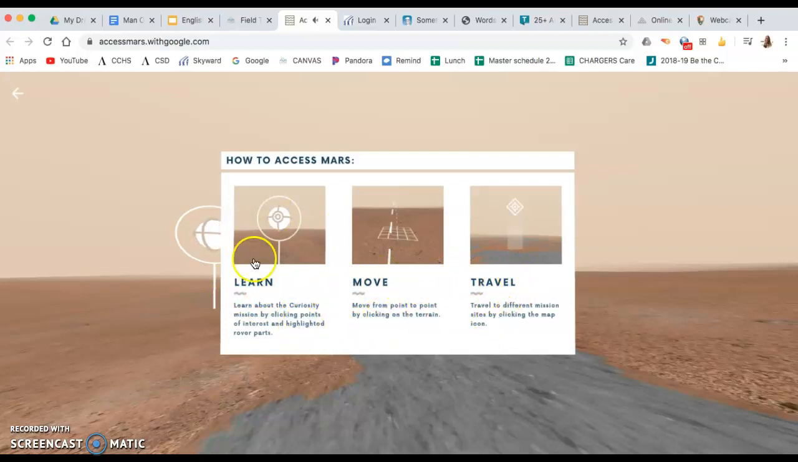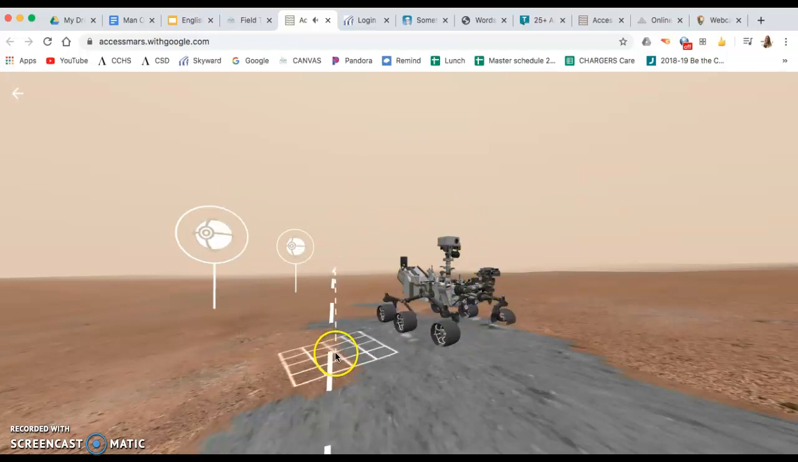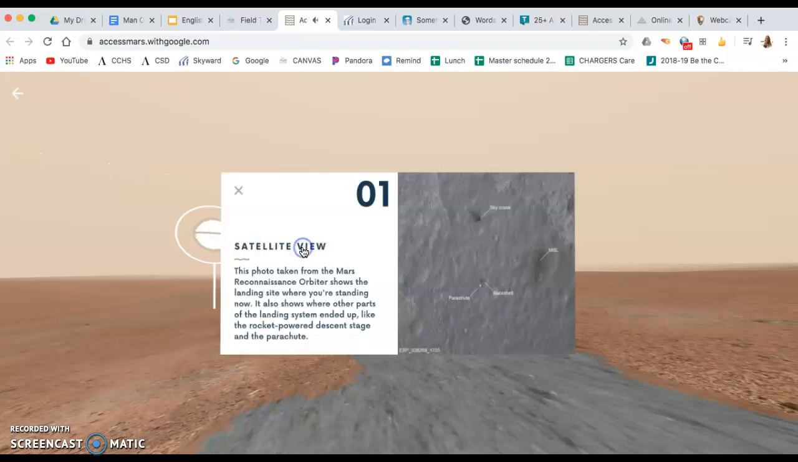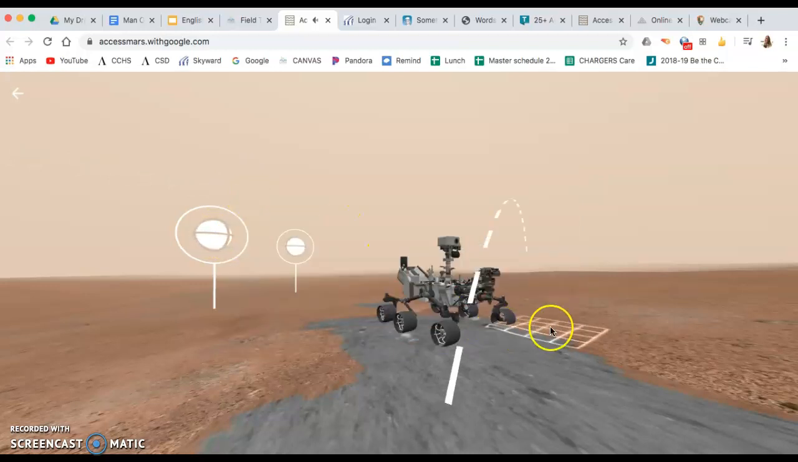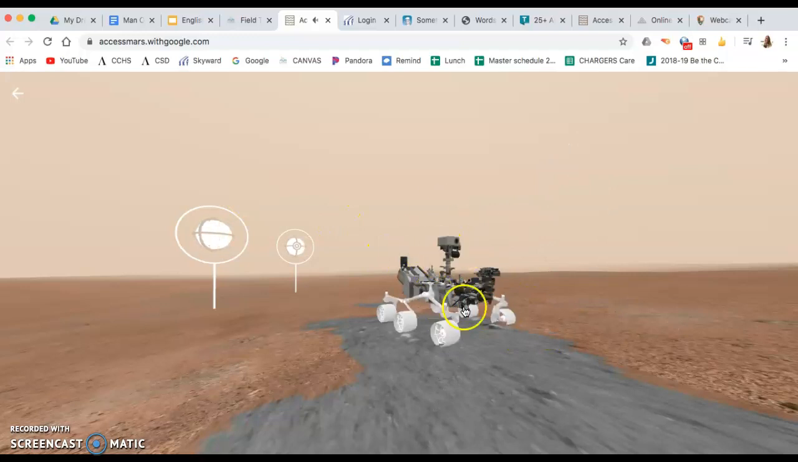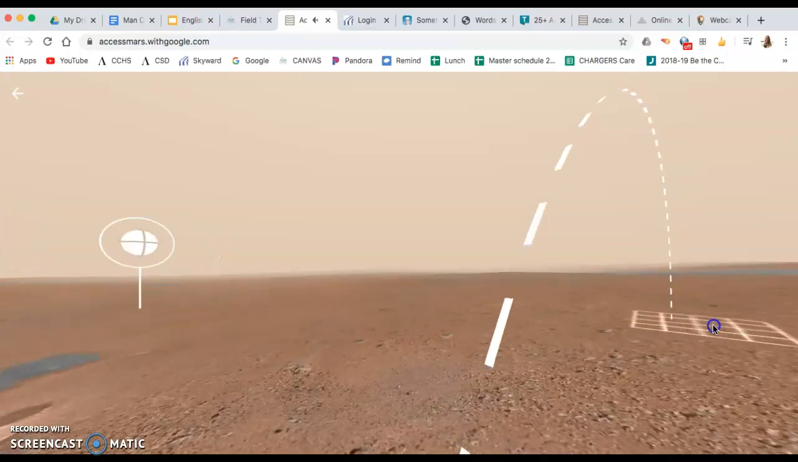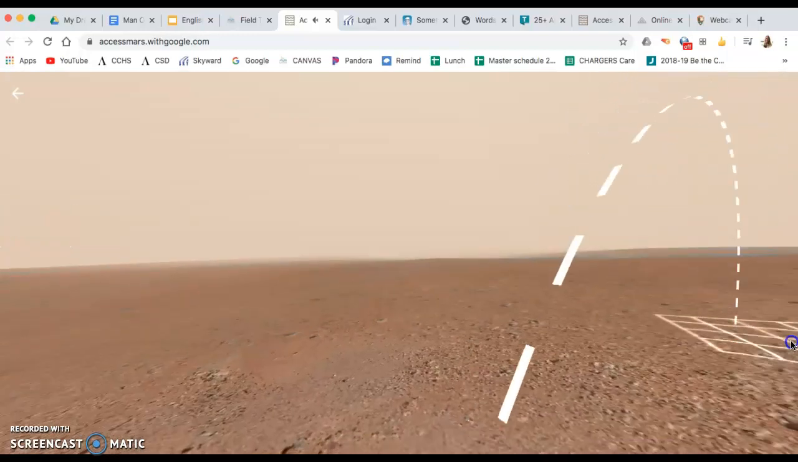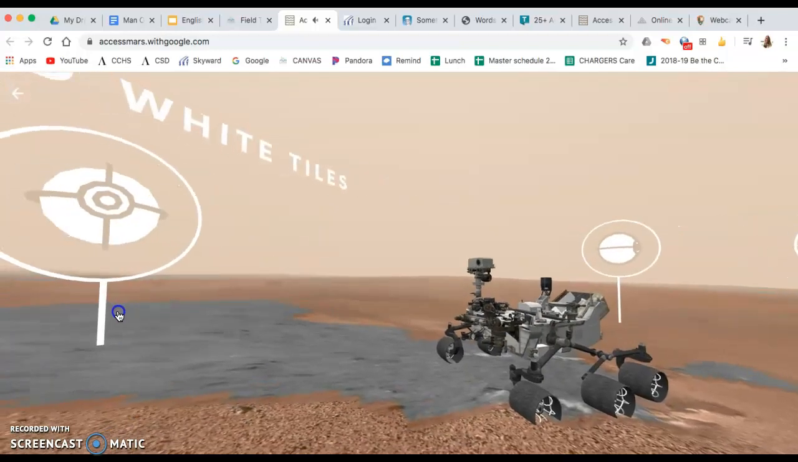So read through each of those. It just tells you how to use this website, and then you can click anywhere and it'll take you to the next thing. So then you just use your mouse and you can click on what you want to see. So like if I wanted to see this photo taken from the Mars Reconnaissance Orbiter, you can click on any of these things, the terrain around you has been created using real data. So then when I want to go somewhere, I want to make this thing drive, I click to where I want it to go. Or you can keep clicking, and then just move your mouse and you can look around you. So like if I wanted to go this way, right,